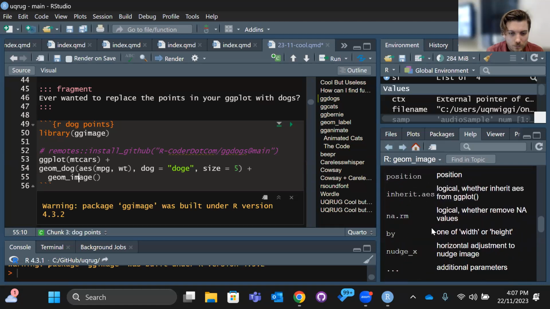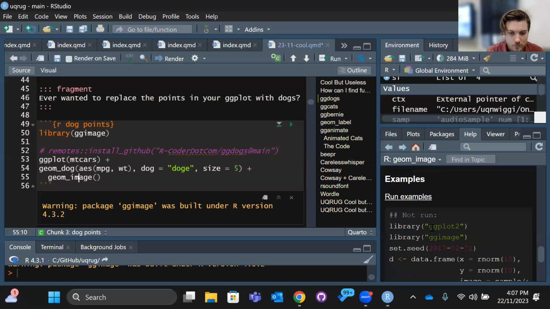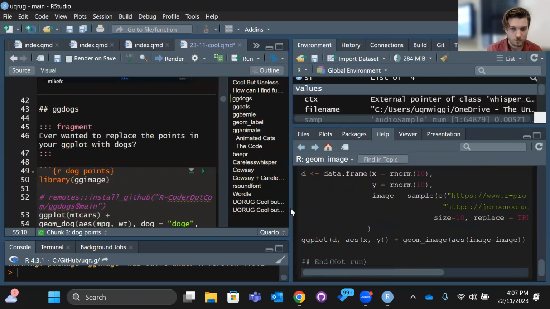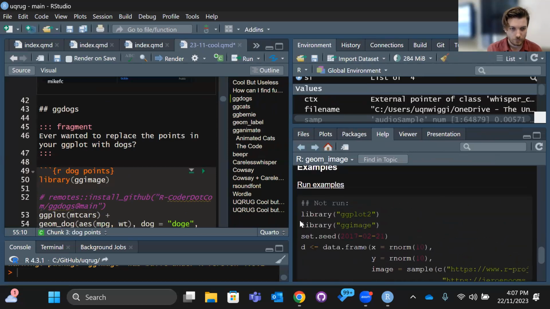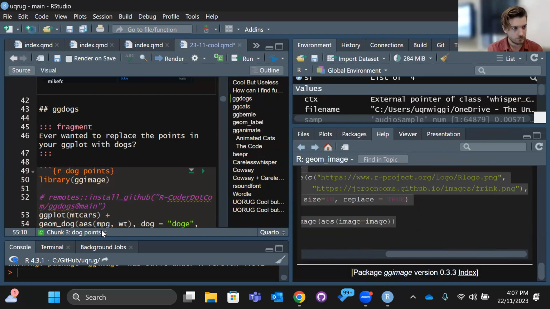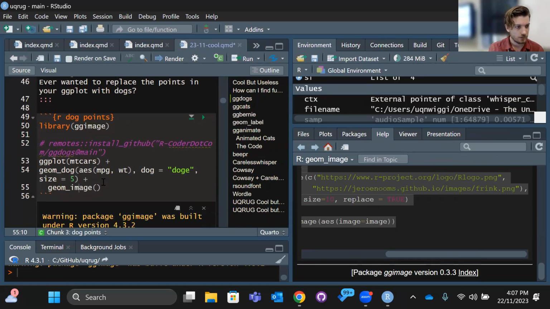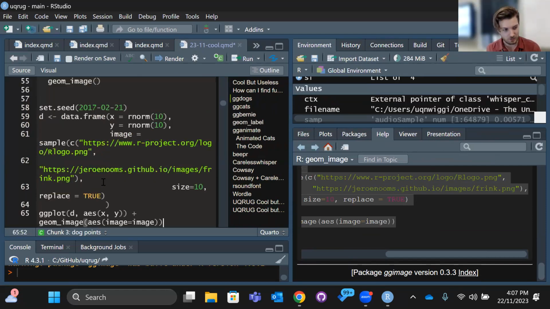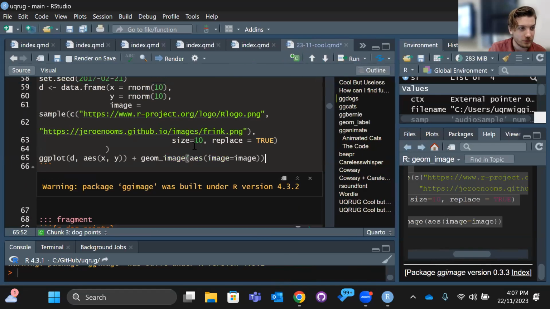Just in the same way that we were doing with the dogs, and the cat, the faces of the teammates or something. Yeah, exactly. Actually, I love that. We should probably do this for our monthly report. I think ggimage, ggimage, ggdogs, ggcats, ggburning, ggimage. It fits the trend.